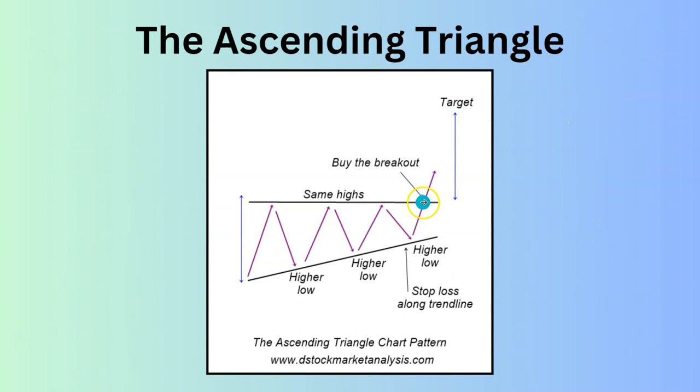So you buy the breakout when it trades above this upper trend line. And where can you put a stop loss? Along the lower trend line. Here's a swing low, here's another swing low, here's a swing low, but it's a higher low. Depends on how aggressive. If you're aggressive, you can buy the breakout and put the stop loss here. If you're less aggressive, you can move to the next higher low and put a stop loss here. If you are less aggressive here, and if you're very conservative, you can put the stop loss below the entire